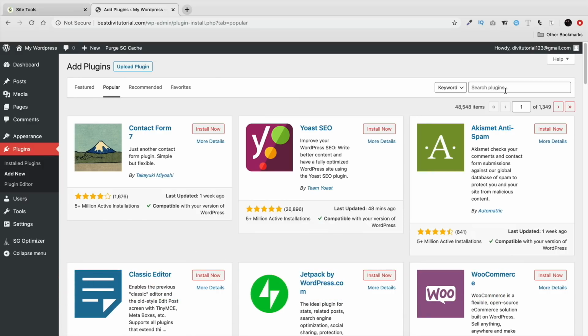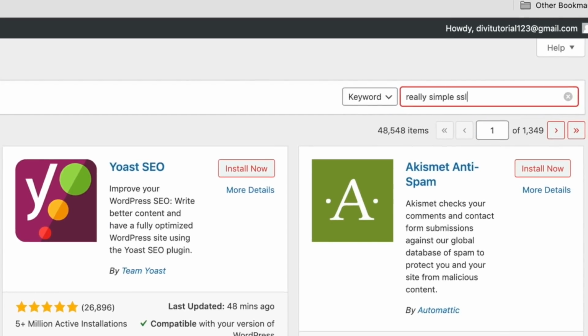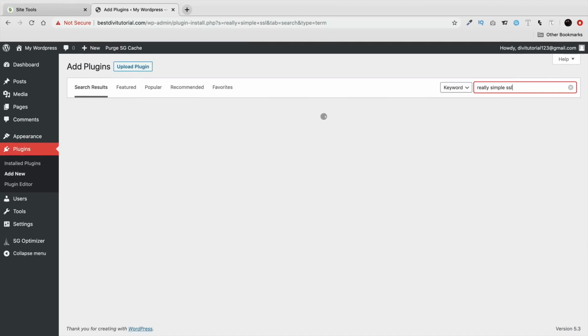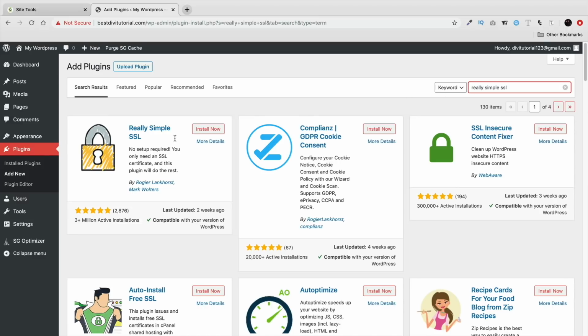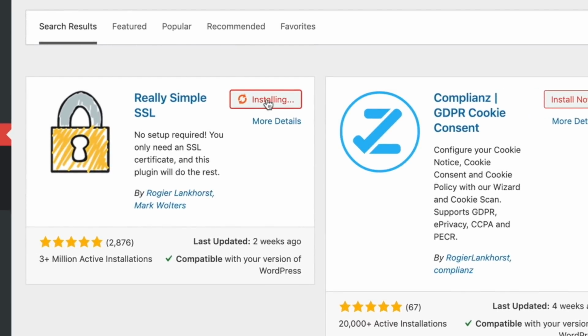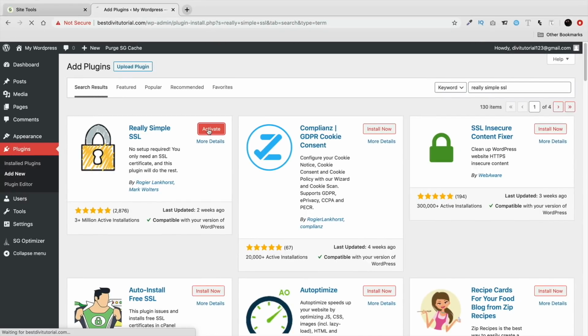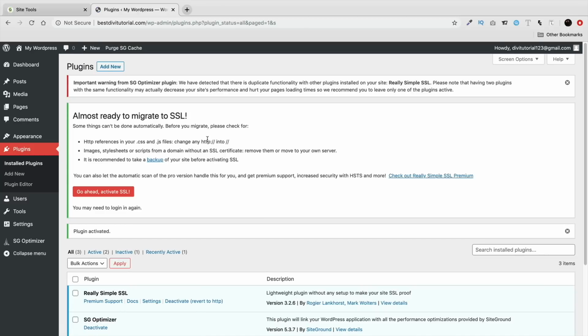But right here, just go ahead and type in Really Simple SSL. And this is the plugin that you'll install right here. It has 3 million active installs with very high ratings. So right here, just click on Install Now, and then click on Activate. All right, so right now the plugin can actually find our SSL on our website, but before we do this, I want to make sure that you have your password and your